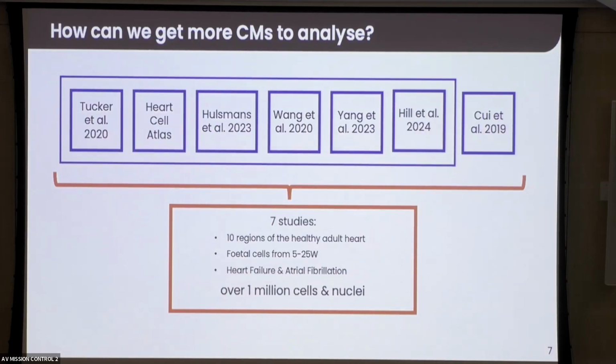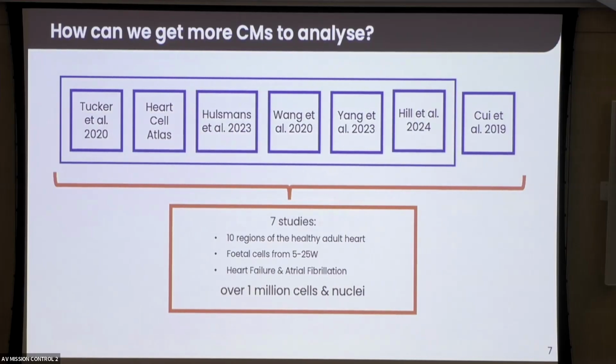So I gathered together these 7 studies. Some of them were single cells, some of them were single nuclear. They covered 10 different regions of the healthy adult heart. I also included one fetal data set, because one of the effects associated with atrial fibrillation is dedifferentiation of the cardiomyocytes. And I also included some samples from people with heart failure as well as atrial fibrillation,